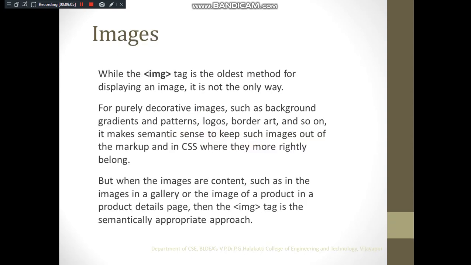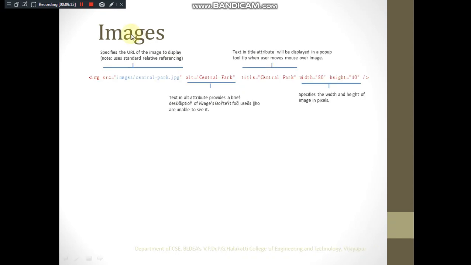So let us go to the tag img, which is used to insert images inside the web page. This is the syntax of img tag, right? We use img tag for inserting the image. It must be supported with certain attributes like src and alt. These are mandatory, right?